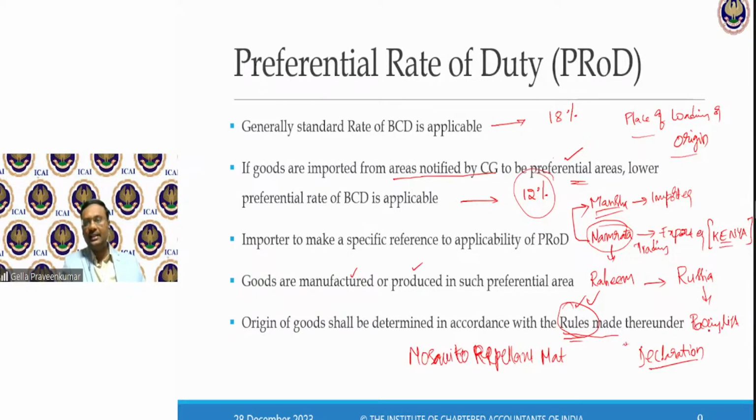Though there is a declaration given, is it a genuine declaration? Is it a bogus declaration? So there is a lot of groundwork which goes on to understand how a treaty is to be made, how a particular industry has to be supported, and whether that capacity is there in that nation to support these items. So on the face of it there could be an import, but subject to some rules and conditions, this preferential rate of duty is given.